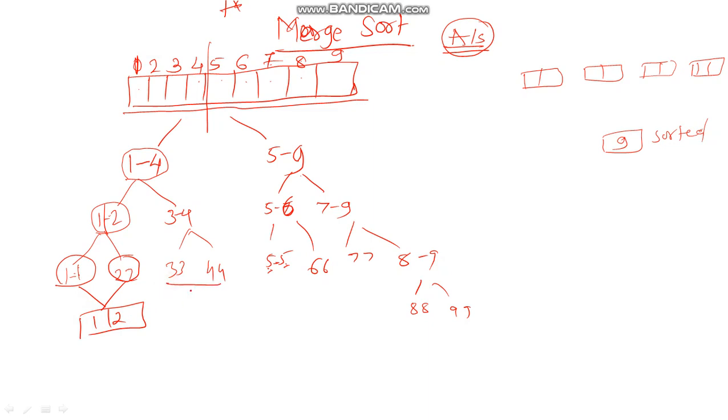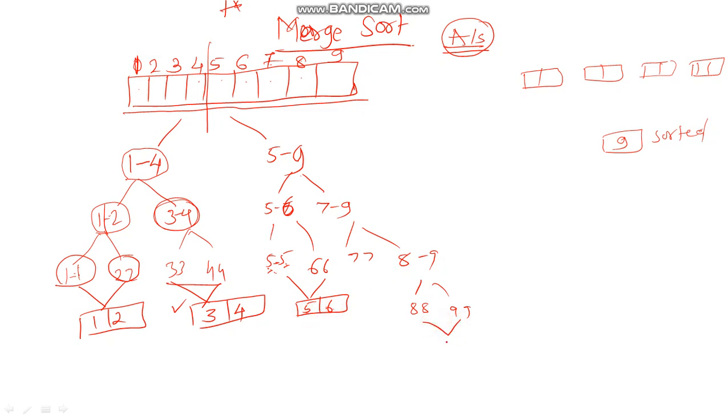Similarly here I combine these two, putting the lower element towards the left hand side and the larger element towards the right hand side, and I will get a sorted array of size 2. Here the array could be sorted or unsorted, but now it is sorted. Similarly for 5 and 6, I can combine these two and get a sorted array. The 5 and 6 are not the elements, these are the indices, and the values at these two indices are now sorted.